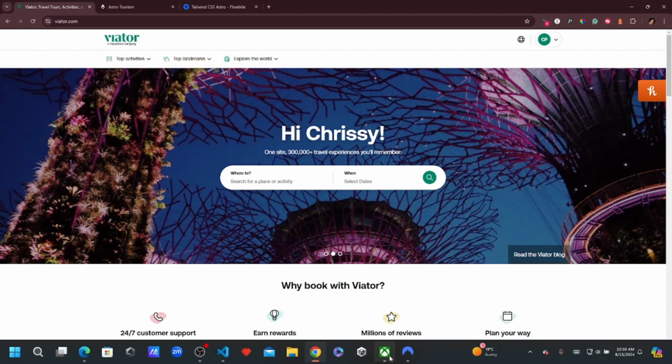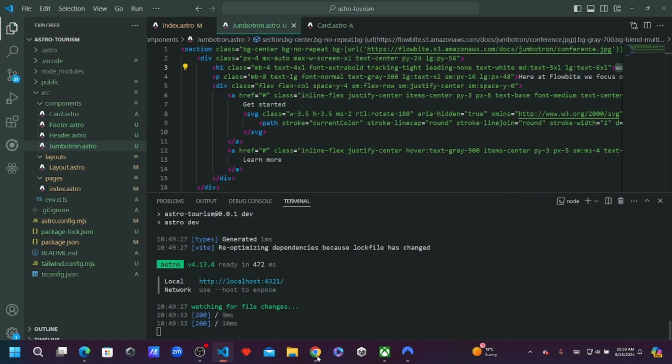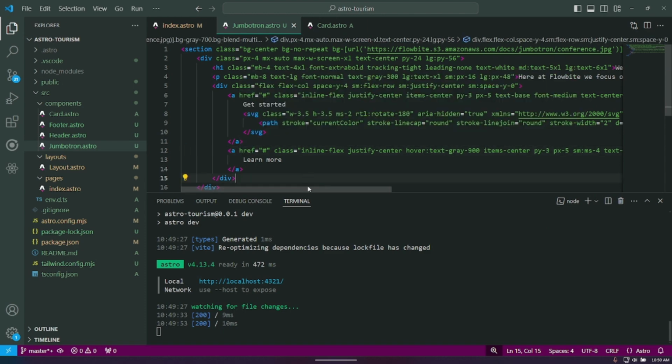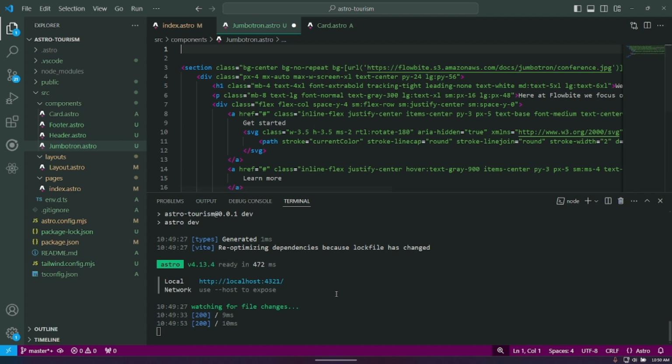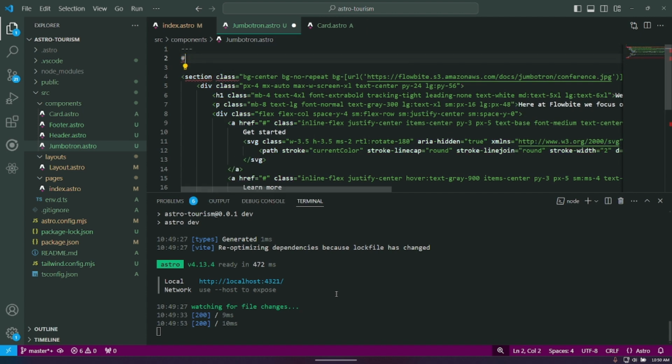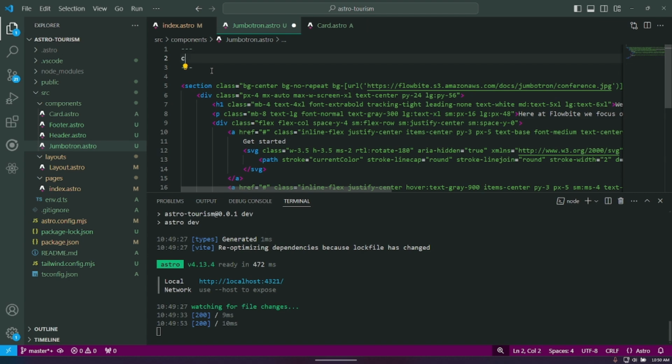So that's what we will do. We will make at the top of our Jumbotron page, we will add these 3 lines here, which basically tell Astro this is the JavaScript that we want to write. So we want a const of